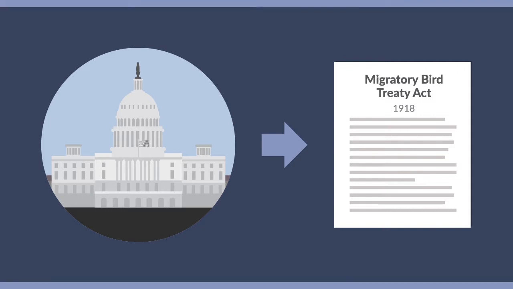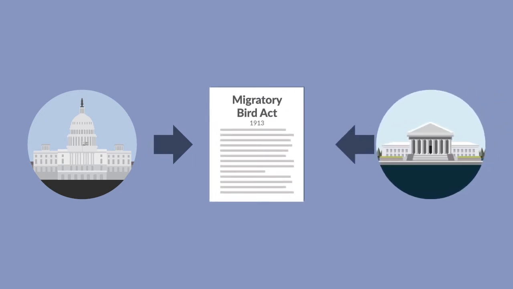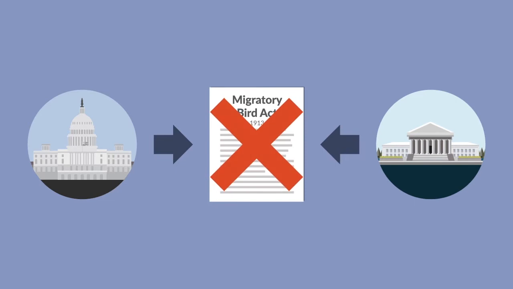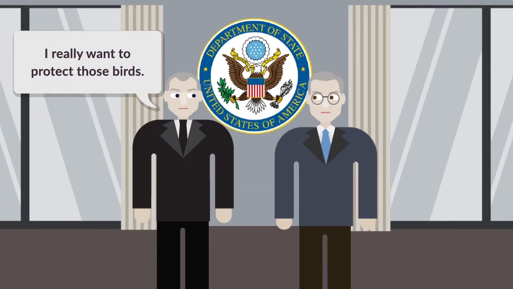Before the bird treaty was negotiated, there was an earlier attempt by Congress to protect migratory birds. Five years earlier, Congress, without a treaty, had passed a law regulating the killing of migratory birds. But a district court struck down that statute as unconstitutional because it exceeded Congress's powers under the Commerce Clause. So, after that law was invalidated, the federal government attempted to achieve the same result by entering into a treaty